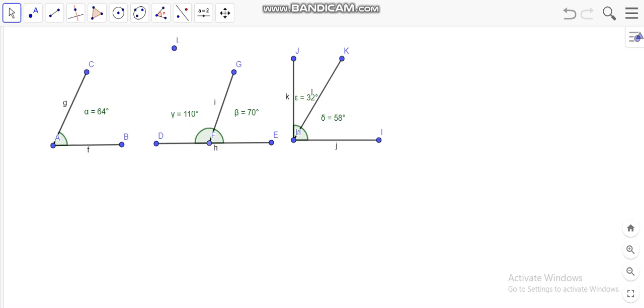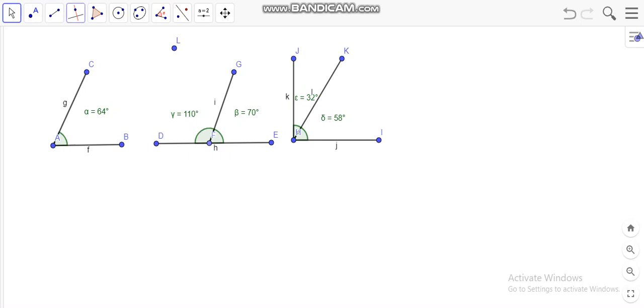Okay. Now, is the sum of this 90 degrees? Let's check. What's 58 plus 32? It's 90 degrees. Oh, I just remembered, we didn't calculate the linear pair. Well, it's pretty easy. It's 110 and 70, which is 180 degrees. That's good. This is an adjacent angle.